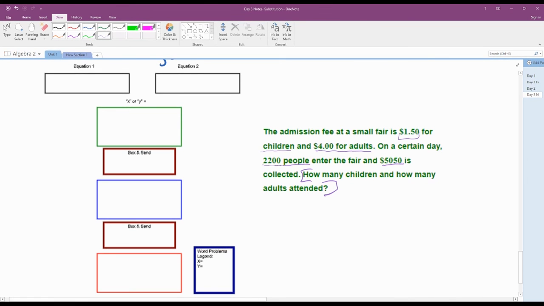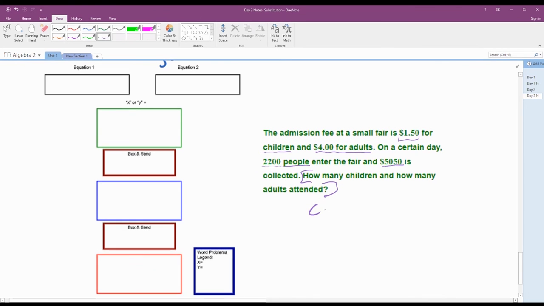So if you notice, I underlined or circled or whatever the important information. This is good because a lot of times when you are given a word problem, you're given a lot of extra information. In this case, we're not, but sometimes they'll give you extra information that you really just don't need. And so it's kind of good to weed through it in a way that you can point out the important stuff. So we know that